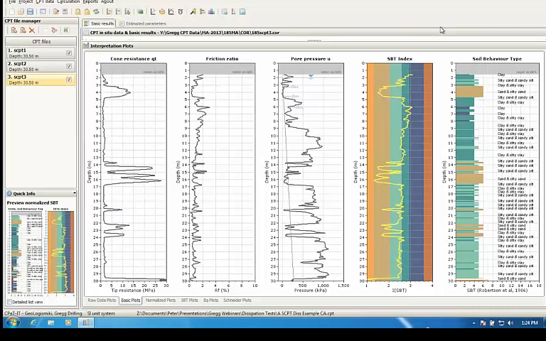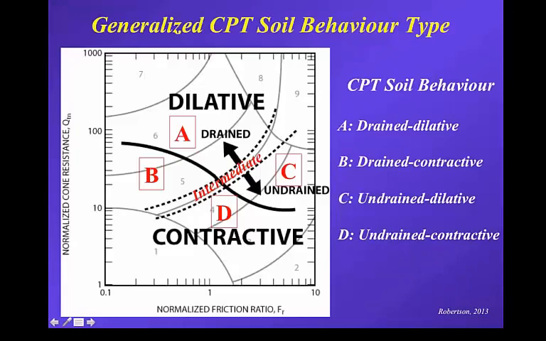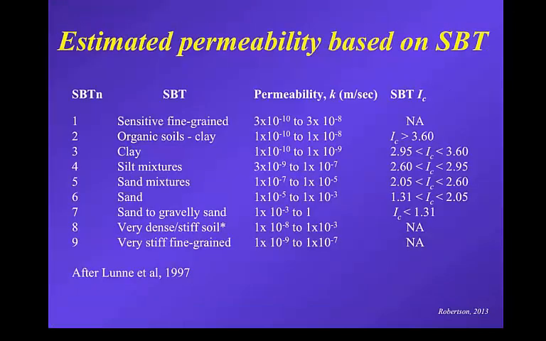Yes, in the guide there's a table that rates it, and I think you're right. I don't think I include C sub H in that. I'd have to double check, but how good is it? Well, I basically said when you do a dissipation test, it's to within an order of magnitude. Nominally, plus or minus a half order of magnitude is the accuracy for most dissipation tests, unless it's a soft, homogeneous, lightly to normally consolidated clay, where the theory is likely to work a lot better, and then it's likely to be a little bit more accurate. But generally, plus or minus